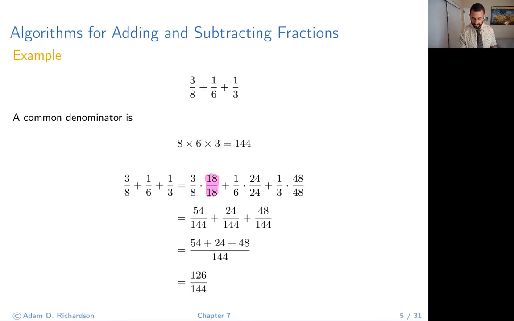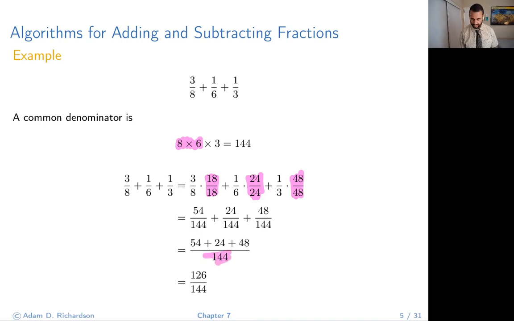All right. So then the next thing for 1/6. Now we're looking at 1/6, and that denominator is missing factors of 8 and 3. Remember, I said a common denominator. So we need to multiply by 8 times 3, which is 24, and that's where this comes from. And then lastly, the very last one is 1/3, and it's missing the factors 8 and 6. And so we have to multiply by 48 over 48, which is right there. Okay, and then when you do all that math, you're going to get 54 plus 24 plus 48,